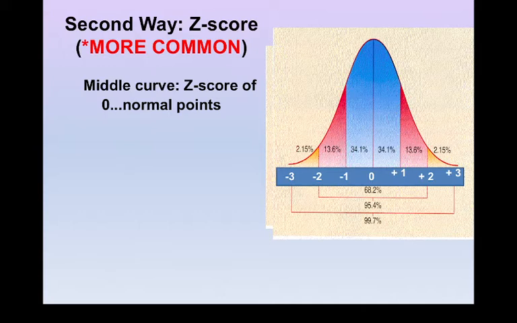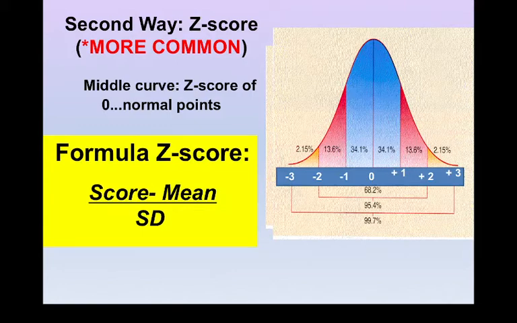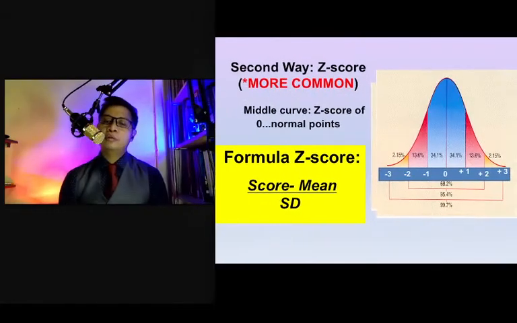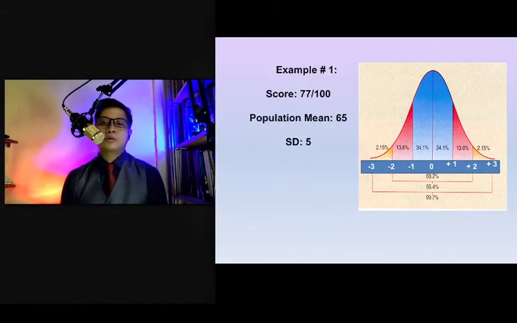Okay? Yung gitna talaga ng normal curve is 0, and then you just add 1 to the normal points. Plus 1, plus 2, plus 3 to the right, minus 1, minus 2, minus 3 to the left. And then, dapat nyong ma-memorize kung ano ang formula ng z-score, and that is score minus mean divided by standard deviation. Let me repeat, score minus mean divided by standard deviation, yan ngayon yung formula ng z-score. So, given this system, how does this work? Bigyan ko ulit kayo ng